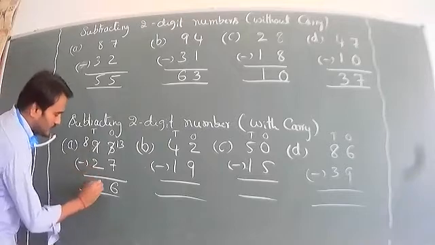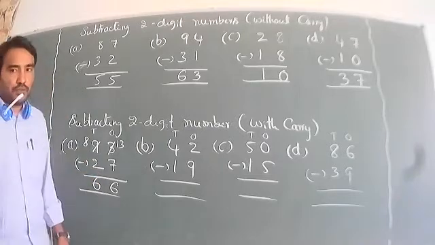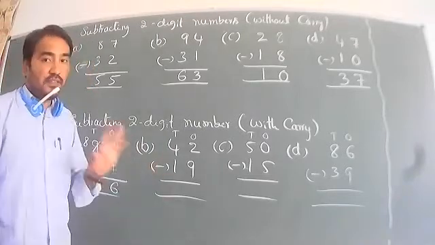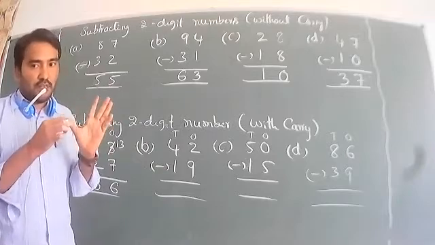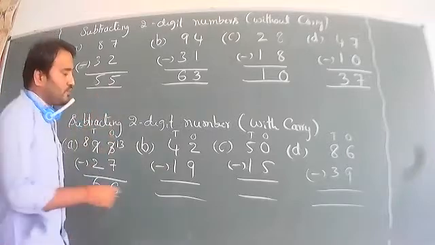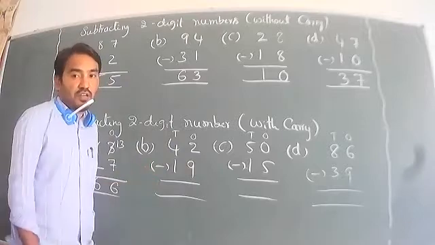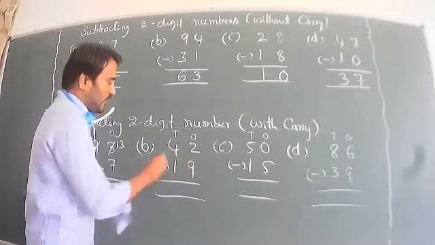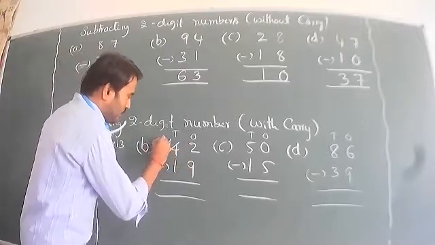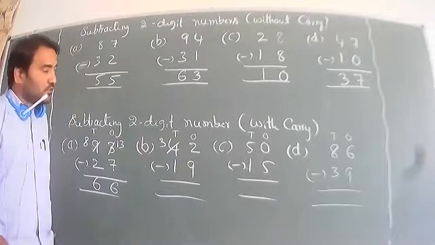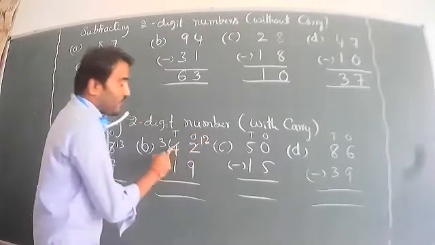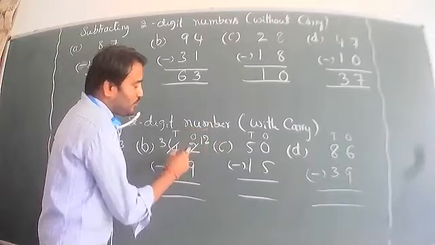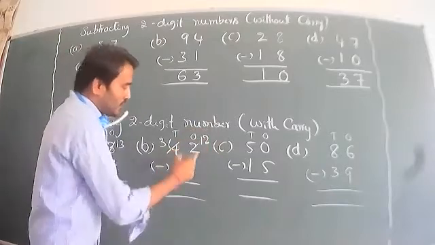8 less 2, 6. Okay, it is another way. So it is totally 12, and taken another one, 13. Now I will use another one, 12 less 2 is not less 9. So take the carry to the tens place. It is 3, 1 less. Then you can give the carry to the ones place. It is 12. After the carry, 10 adding 2, so it is 12. Okay, 12 less 9.